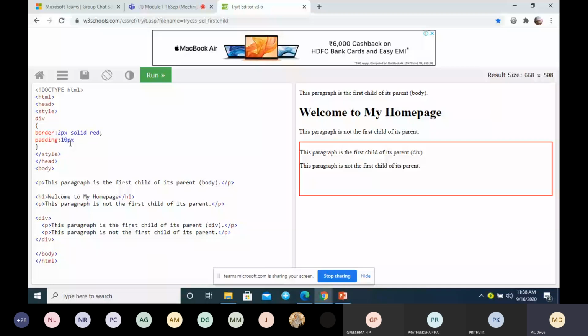So this is the bottom value. Next what you write is the top value, and next is the left value, and next is the right value. So this order is important: first bottom space value, then top space value, left space value and right space value. In this one padding property, you can give all four values. Look at the difference.